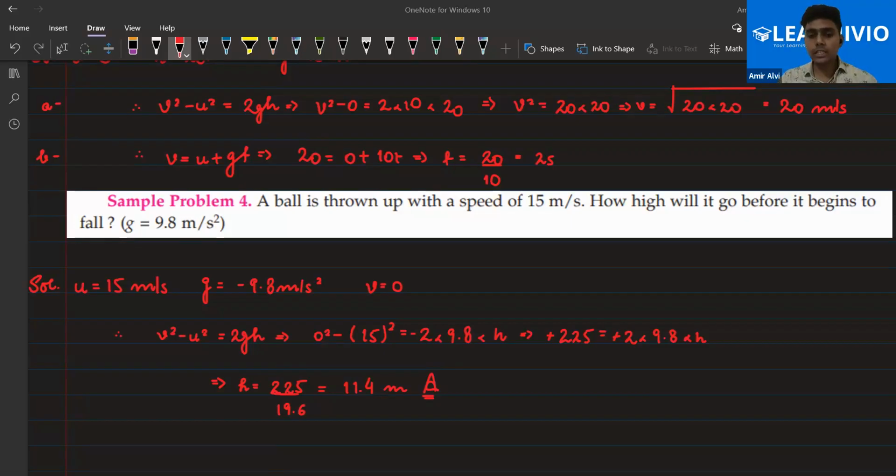Okay, so let's keep this class here. I've shared some homework questions, and in the coming class, I'll do 15 minutes of the numericals of this chapter, because in this specific topic, numericals are similar to the equations of motion topic, right? So there won't be any time like very